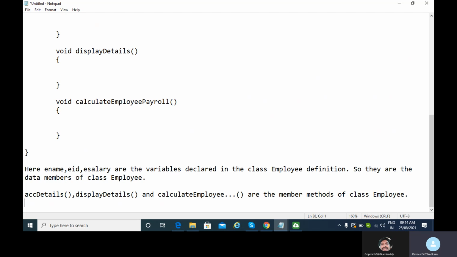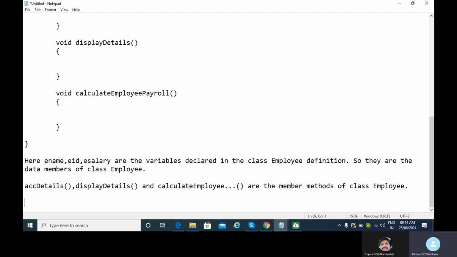Now I will show you how to create an object of class employee. So if I want to create an object of the employee class, what will I write? Employee E1, suppose, is equal to new employee.